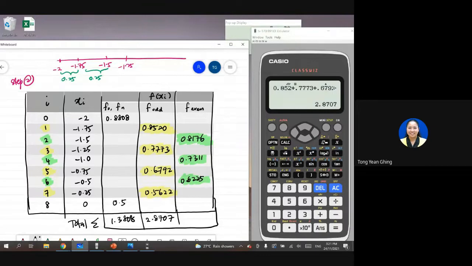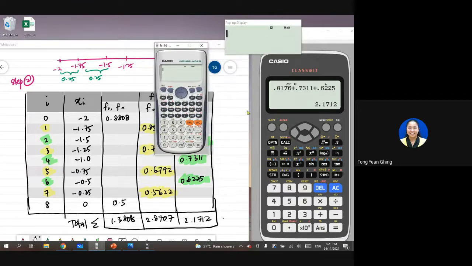2.8707. And then the next one is the summation of all the even numbers. 0.8176 plus 0.7311 plus 0.6225. So you get the summation. The total amount of the F even is 2.1712. Okay, so once you get this, oh sorry, I forgot to explain to those who are using this